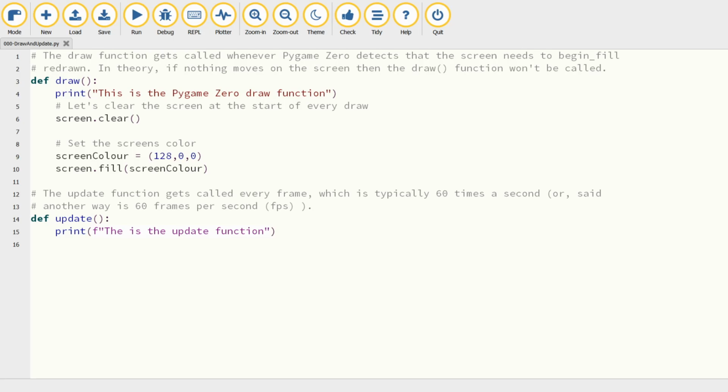So the first thing we need to do is switch mode. You can see I'm in the Python mode. It says it down here in the bottom right hand corner of my screen. So I'm just going to click on mode and switch to the Pygame Zero mode. My buttons change ever so slightly. The text on some buttons changes, I get some new buttons, and also down in the bottom right hand corner I can see that I'm now in the Pygame Zero